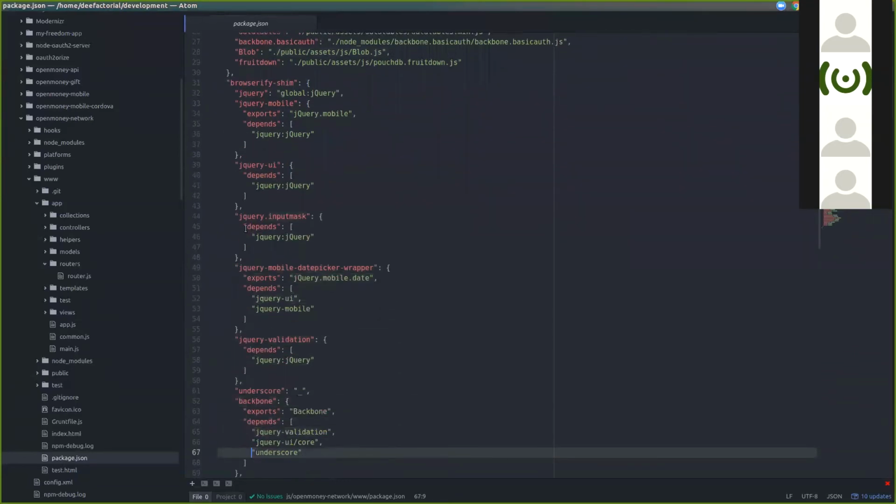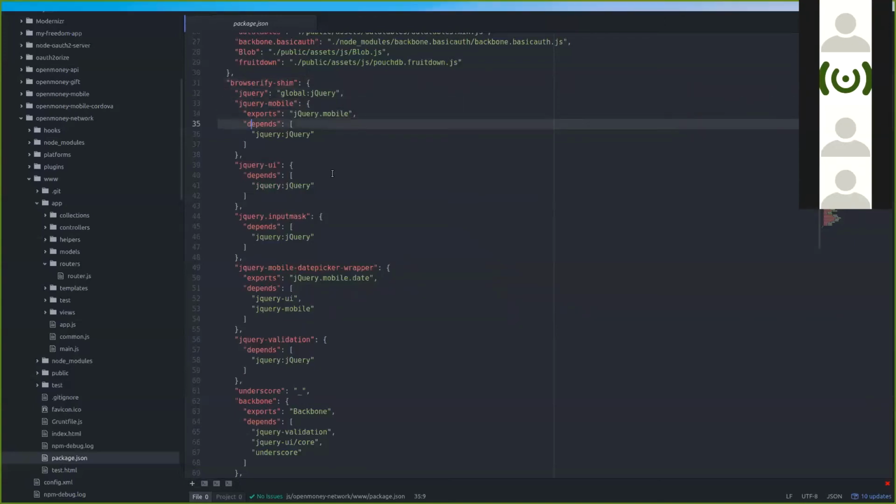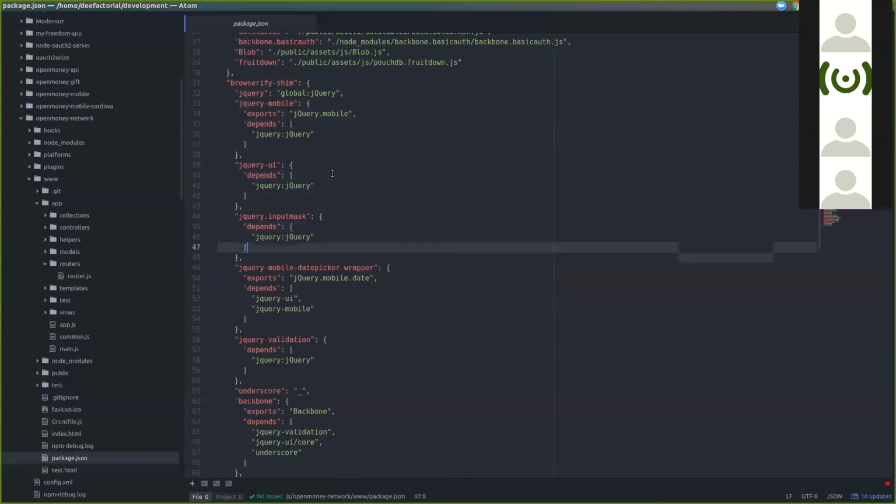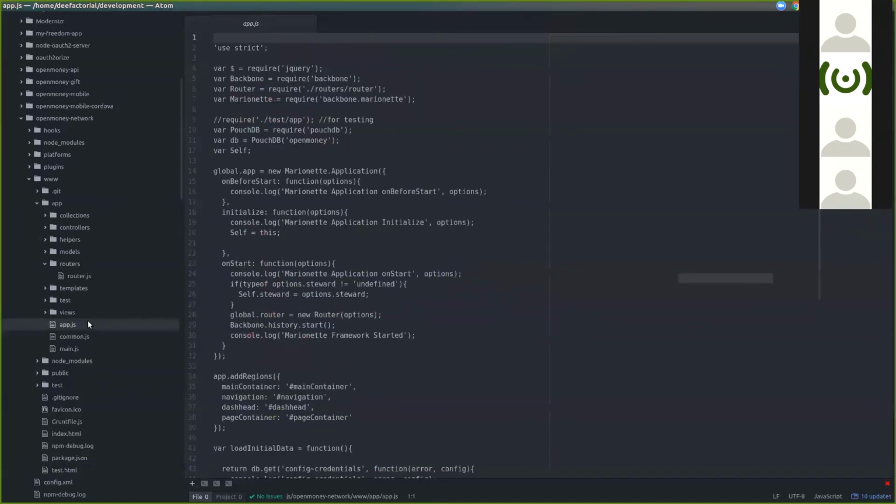And then I use Browserify to package up all of the JavaScript into one file for download. It uses the require syntax. So on the app here, you have all these required packages. Browserify enables you to do client-side require effectively. And then it packages it all up into one compiled